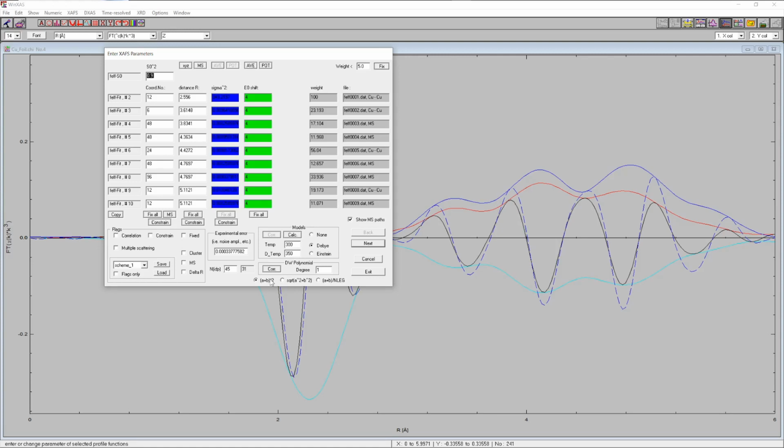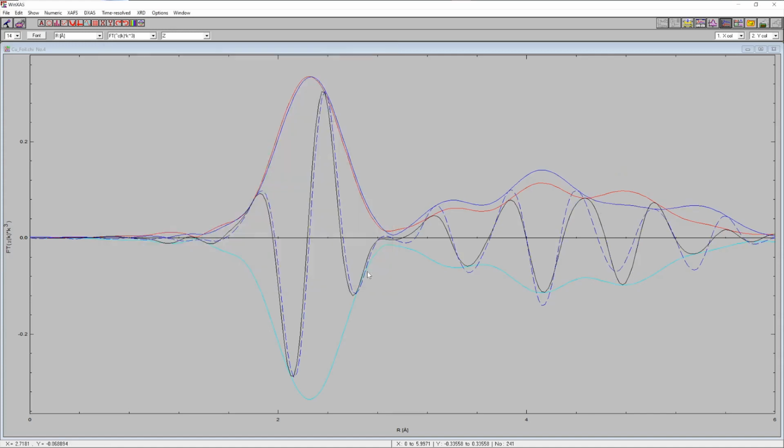And we can change that down here, and we can try a different option for the calculation of the average. And you can just click on exit, and we see this